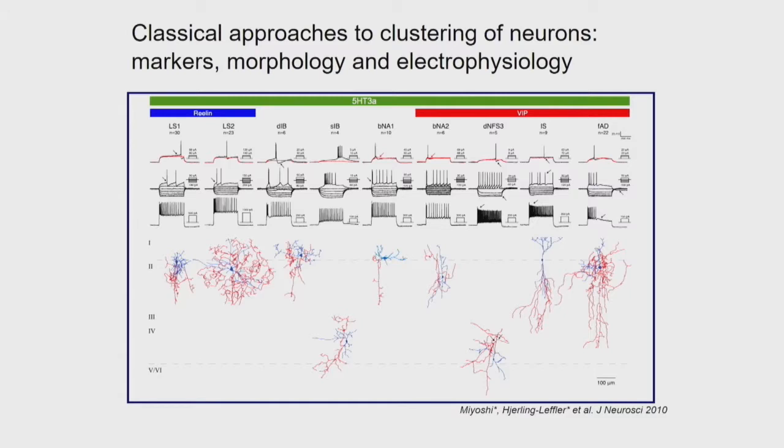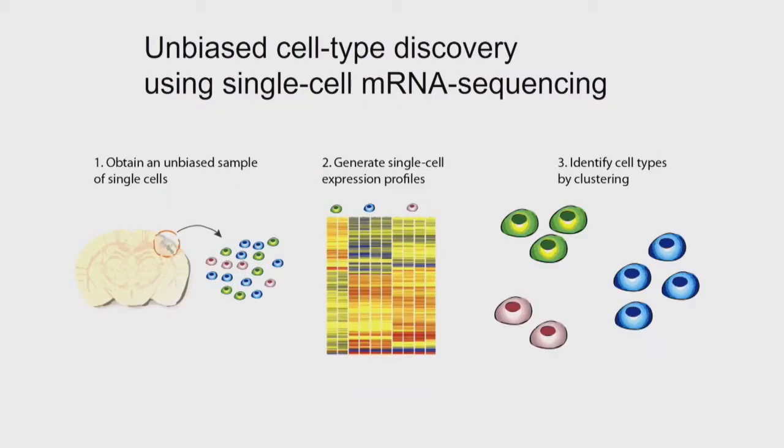So I collaborated with a guy, Sten Linnarsson, who had just invented one of the chemistries to do single-cell sequencing. Since I studied the variability, the heterogeneity of these neurons, I teamed up with Sten, and what we did was, you all know it, single-cell sequencing. You take a piece of the brain, you take out the cells, you generate single-cell expression profiles, and then you use a computer to identify the cell clusterings.